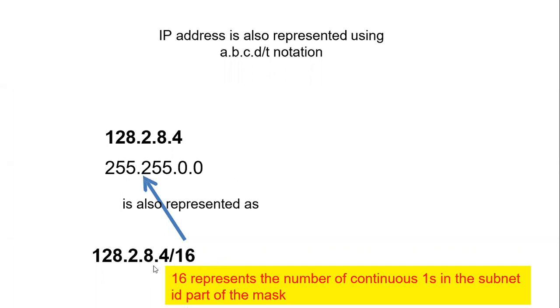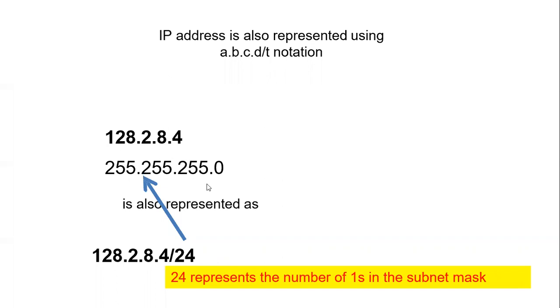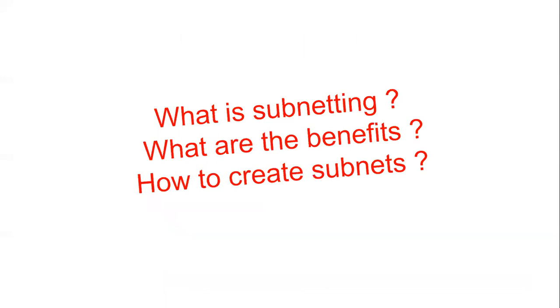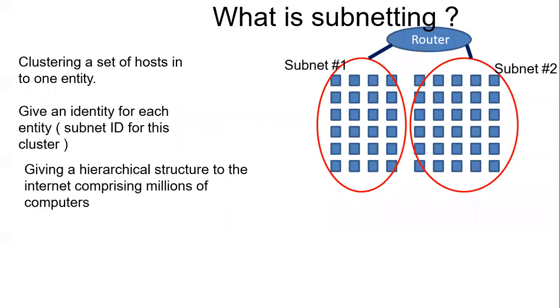In this, you can use any number of bytes, or you can increase or decrease the number of mask bits. We'll see that in the next example. If 3 bytes are used, then the mask becomes 24 for the network ID. Similarly, if the mask is just 1 byte, then it is just 8 bits. Now we'll see what is subnet, what is its advantage, and how it is exactly created.